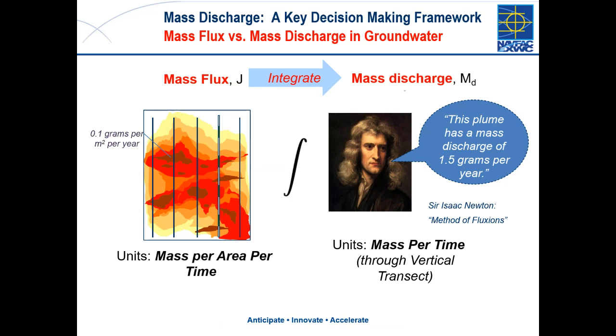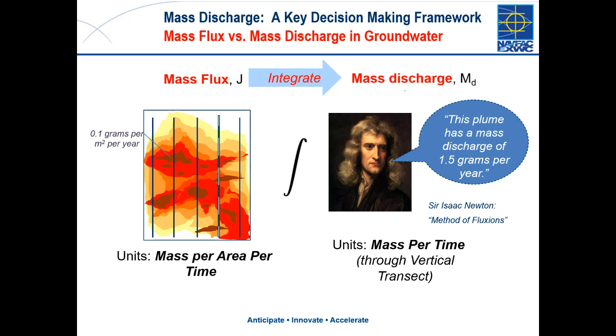Now, in the vadose zone for leaching, we're actually talking about a horizontal control plane where we're trying to figure out what's passing downwards towards groundwater. But if you have this mass per area per time, and then you integrate it over how much area is in there, you add all this up, then you get this mass discharge, and that's mass per time, like grams per year, going through this. And for the graphic anyway, I decided, well, if we're going to integrate, I know that Isaac Newton was one of the two people who invented calculus. And so he's actually looking at that mass flux transect on the left.